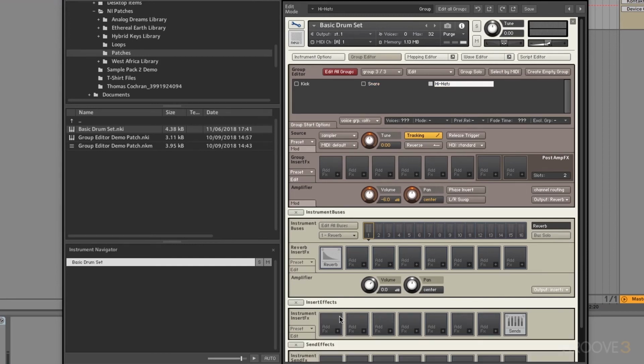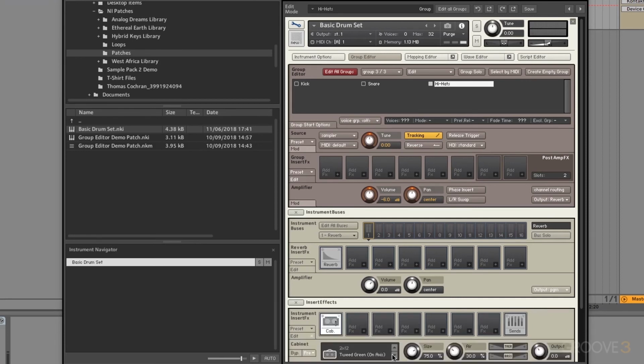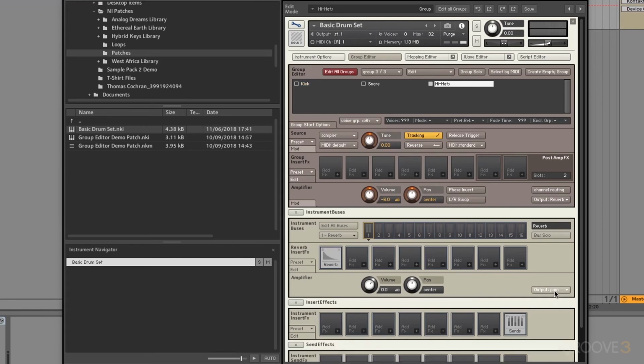Alternatively, we also have the option to route this around the insert effects. So if I have it set like this, and I go ahead and reset that cabinet that we had in the previous example, the snare and hi-hat will be routed around that distortion unit, but the kick drum will be routed into that cabinet. The final option that we have is to select the various different audio outputs that we have in our